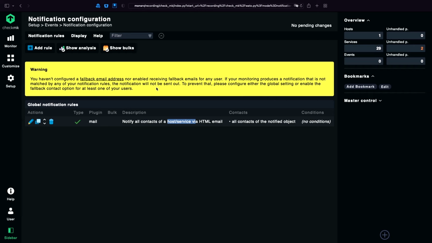The background about that is that we have a rule-based notification system. That means you can also define rules, and it's possible that one notification does not match to any of your rules. And for that, you can configure a fallback where the notification should go to then. Then let's look into our default rule. We can edit it here with a pencil.